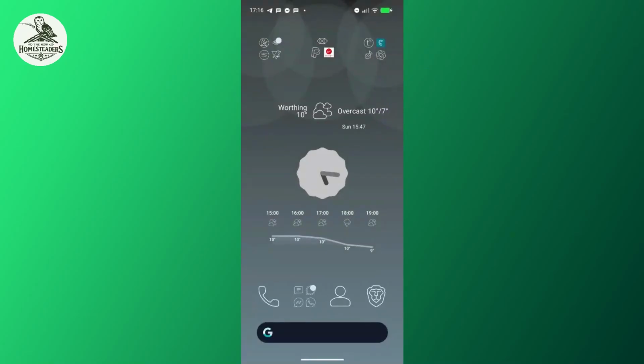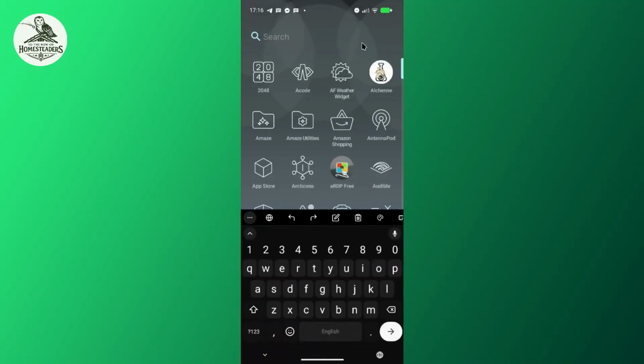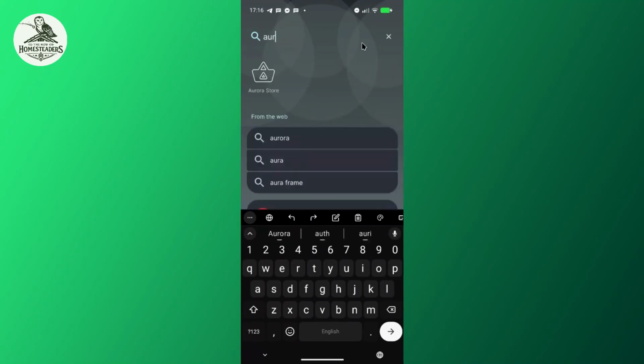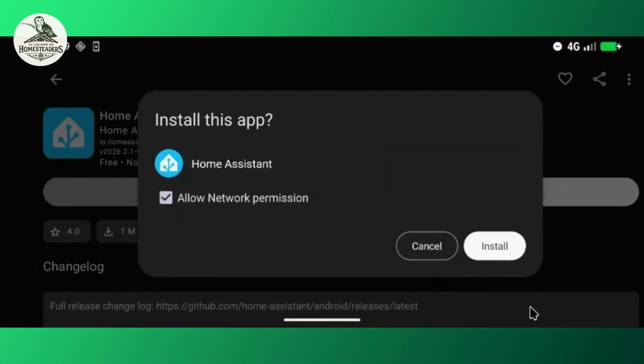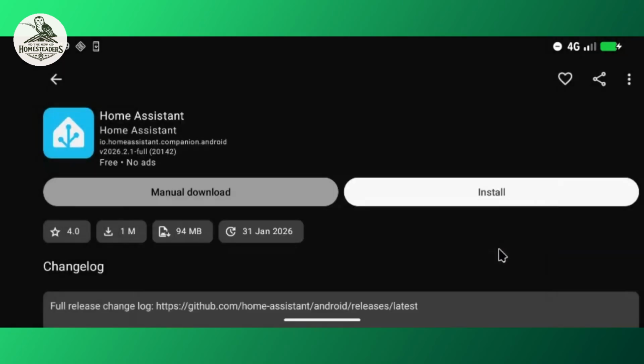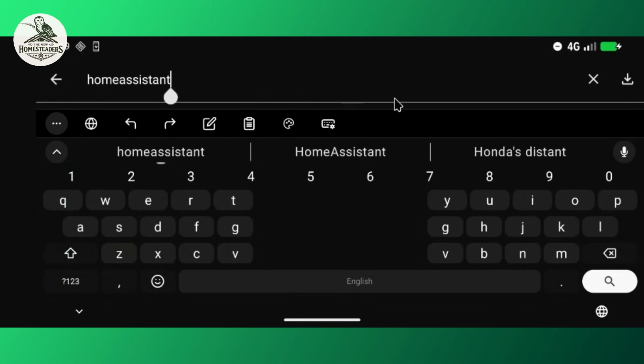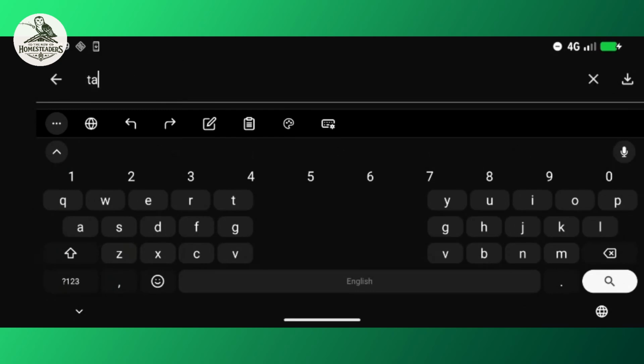Okay, so here's my phone. Yep, great. And now go to Neo Store. I don't think I have Neo Store on here. Okay, then I've got just Aurora Store. Yeah, Aurora Store works, and then the Home Assistant and Tailscale apps. Yeah, install. Network permission? Yeah, of course. And then Tailscale. Well, you probably would not have needed network permissions for Home Assistant because it's also